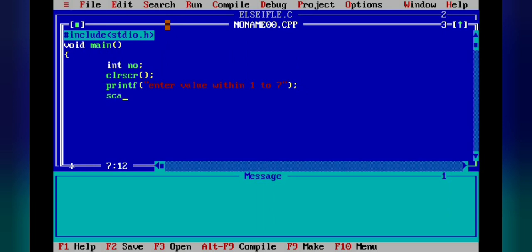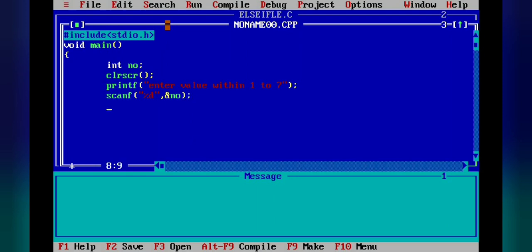Now we will store this value in our variable with the help of scanf. Control string %d, in small letters only, comma, ampersand number.